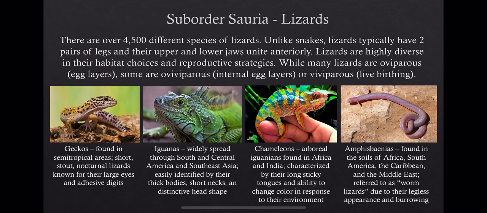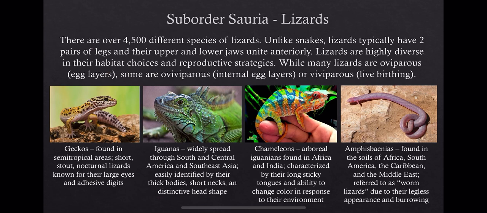I put this together. I've also showed you chameleons, iguanas, geckos. Chameleons are a type of an iguana. They're arboreal, meaning they live in the trees. They have super sticky long tongues, and as all of you are familiar with, they do change color in response